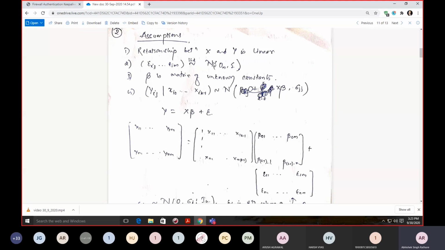Now again, our estimated parameter and the unknown parameter. This unknown parameter beta is a matrix, and it is unknown and supposed to be a constant value. And when we are estimating it, it will be a random vector. Now again converting to the conditional distribution. Let's say Yij is dependent. We have to find the probability of Yij given xi0 to xi(k-1).